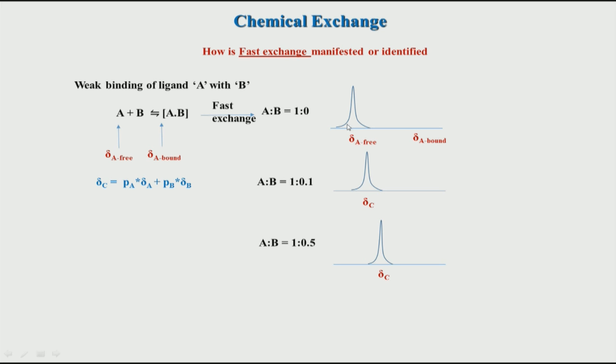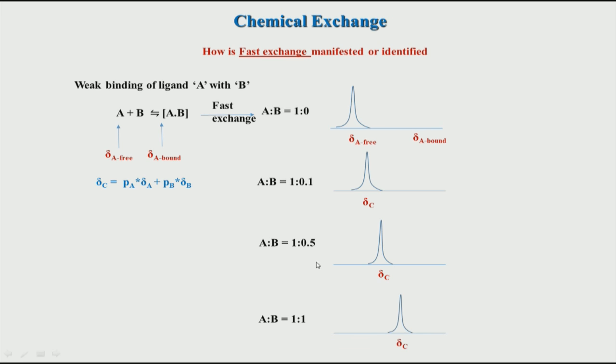So, this is a very interesting thing that you can find out. Suppose you are doing this reaction when you are adding a ligand to the protein, and you start seeing that the ligand peaks, instead of showing two different peaks like we saw in the slow exchange case, show this trend of shifting as we are adding more and more B, it immediately indicates that there is a fast exchange on the chemical shift time scale.